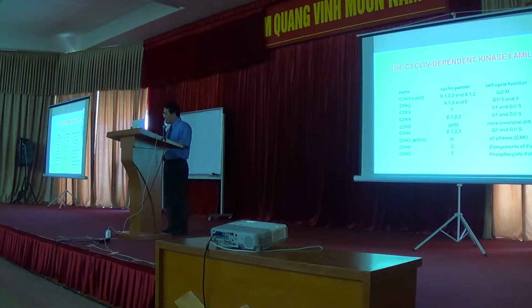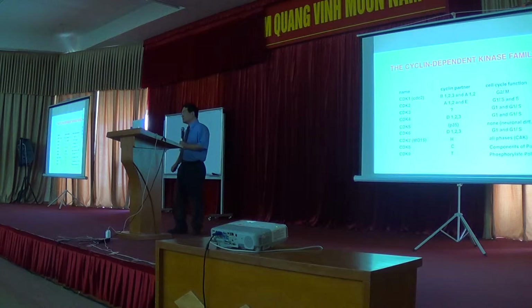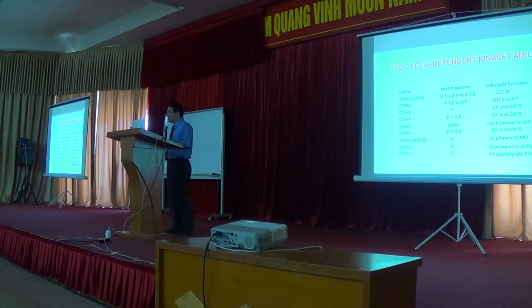So, following the cyclin, here is the CDK. CDK, as I said earlier, is cyclin-dependent kinase. Again, it has a whole bunch of proteins there. A family, including CDK1, or sometimes you call it CDC2, okay? And each one has its own partner, involving different cell cycle phase progression, including, everybody knows the cell cycle phases. There's a G1 phase, S phase, G2, and M phase, okay?